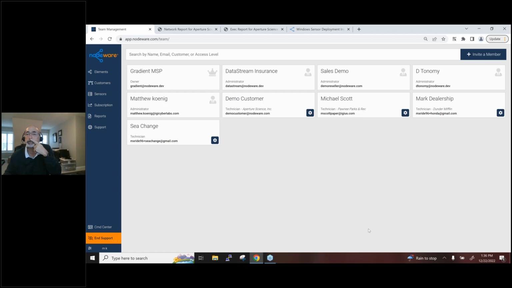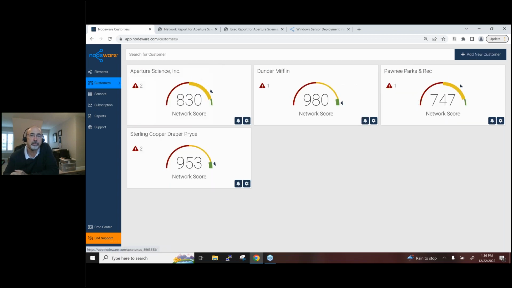They follow that link, create a user, password, and their multi-factor authentication. When they log in, they would only see this Aperture Science customer object. They would not see these other three in this account. So that's a nice way to share data with your customer, especially if it's a co-managed situation where they're going to be doing some remediation to help you out.